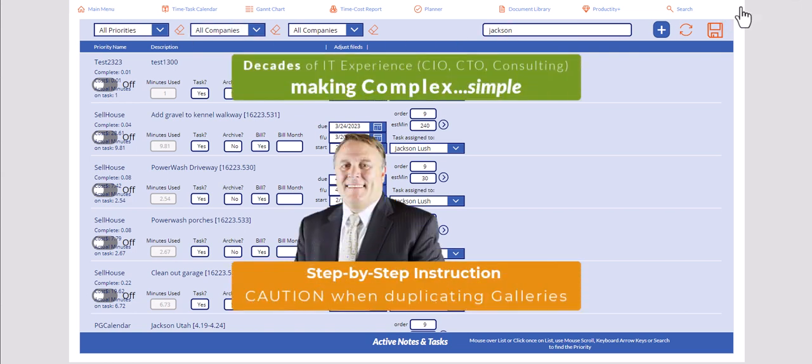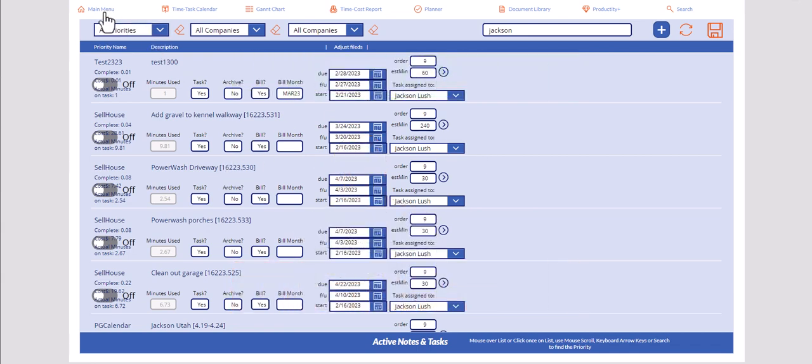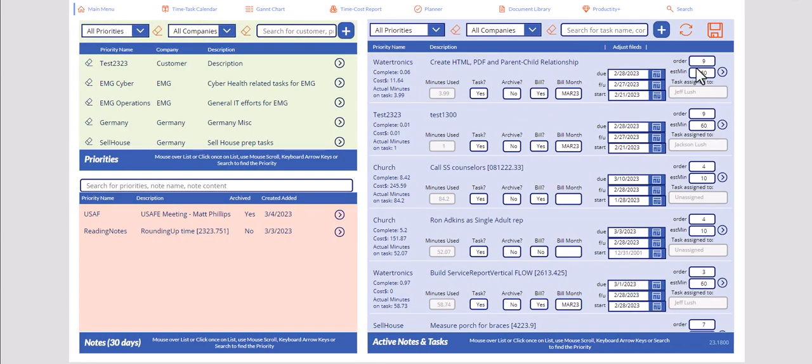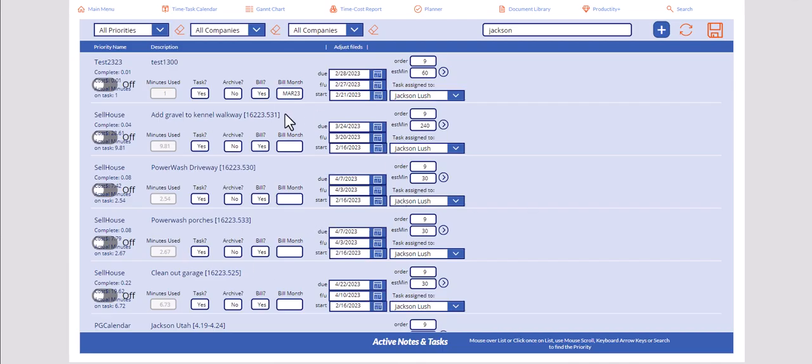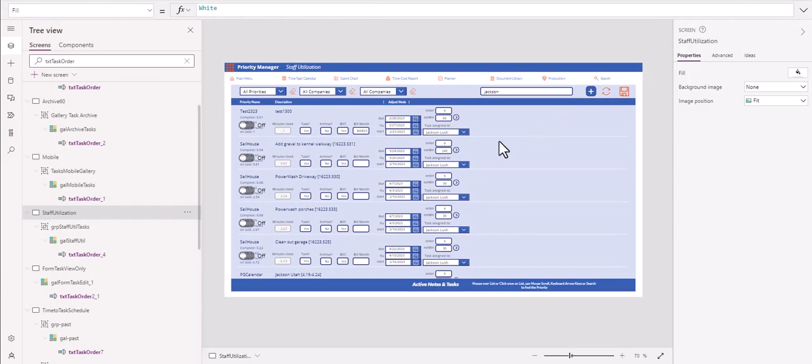In this example today, we've copied over a table, a gallery. You see this gallery here? So we've basically copied over this gallery and we're recreating a new gallery here that looks very similar. So we don't want to redo everything, but we want to make sure when we copy this gallery over that everything transfers correctly. So let's go ahead, we're going to jump into that right now and just take a look